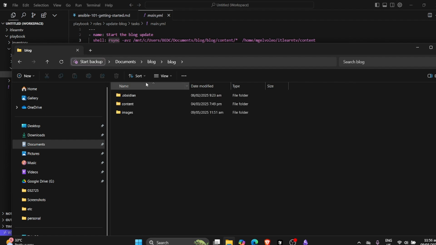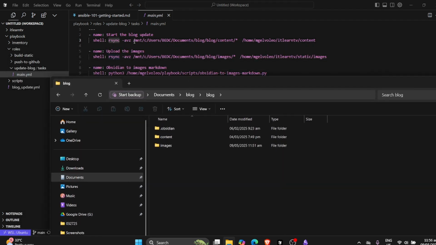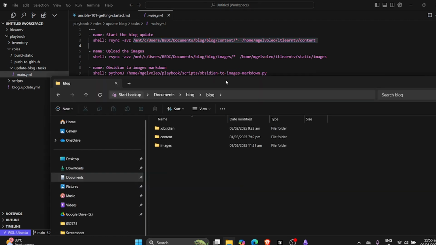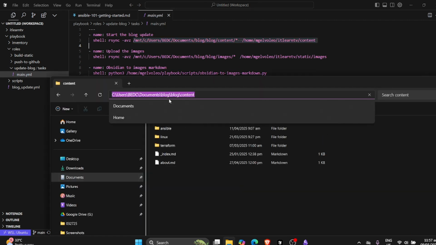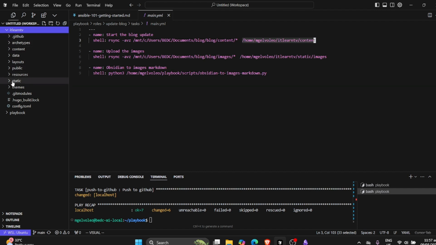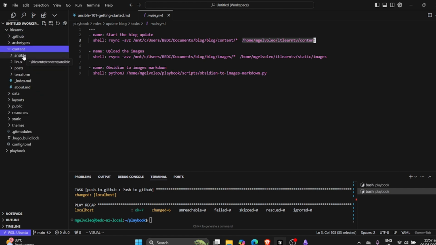So I'll show you guys something here in the setup of our Obsidian, because in Obsidian I put a default file in our content. Okay, all of our content .md files will transfer here to home Galboleo IT Learn TV content. Okay, this is where our Hugo is installed. Okay, so I'll show you here now that our workspace is open. So the Ansible Linux page folder also came from our Obsidian. Okay, even our